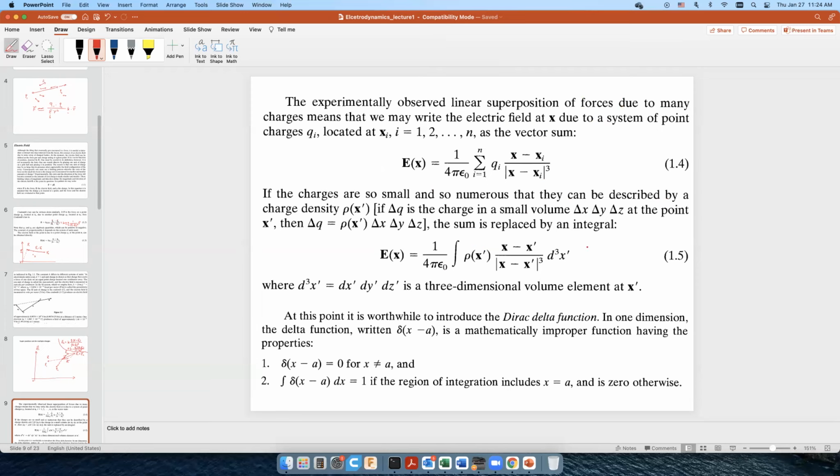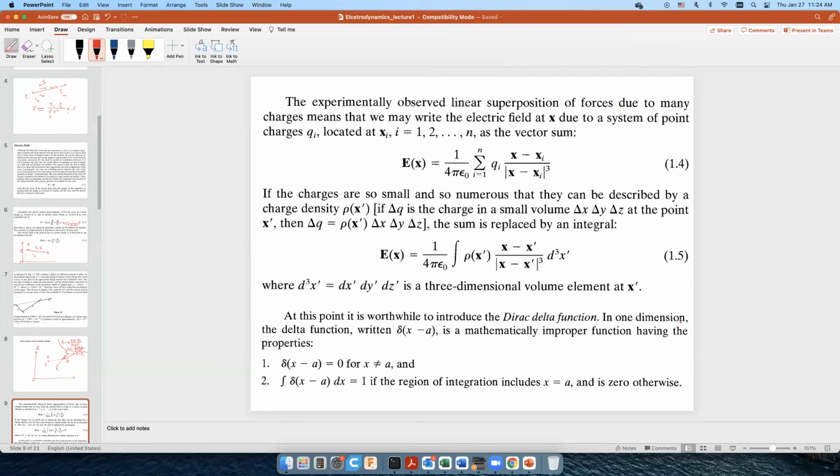So by doing this integral, you can also calculate the electric field, and of course you can also calculate the electrostatic force by using Coulomb's equation. And then once we define the integral and the charge density, at this point, it's worthwhile to introduce the Dirac delta